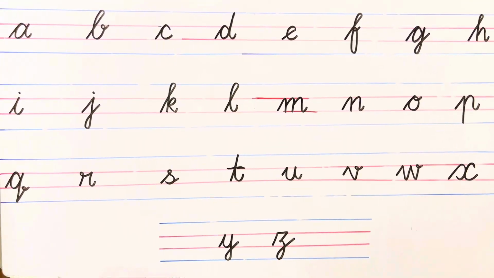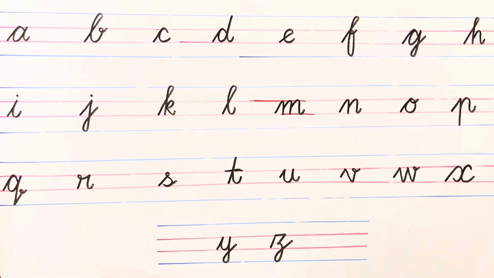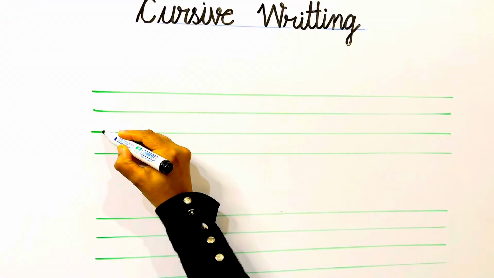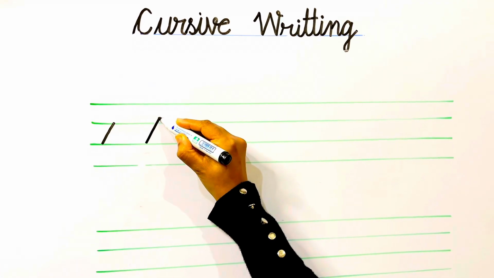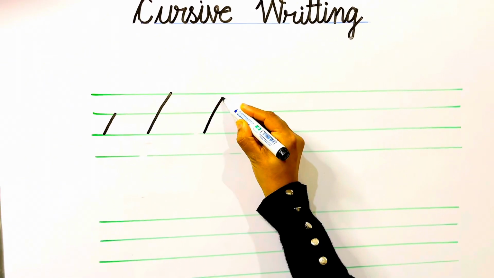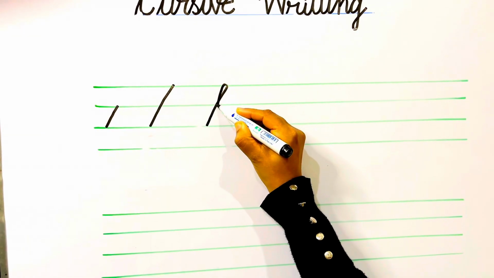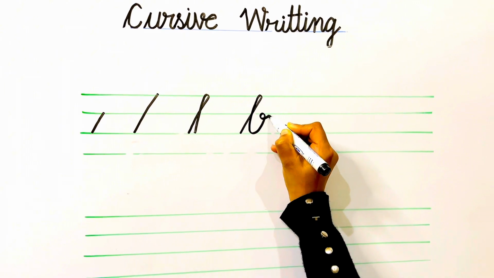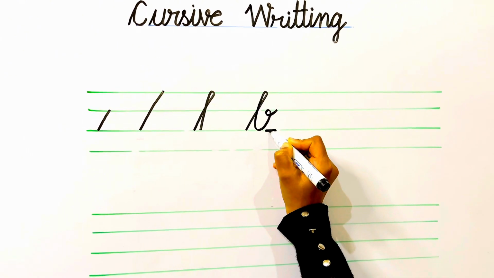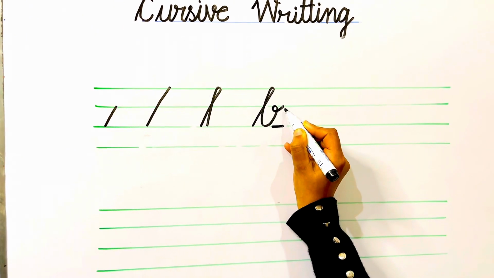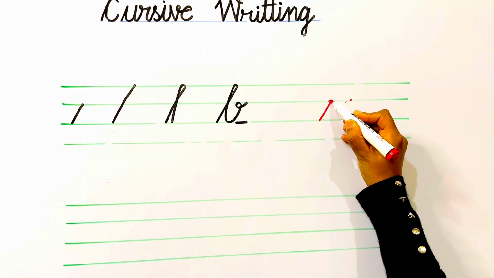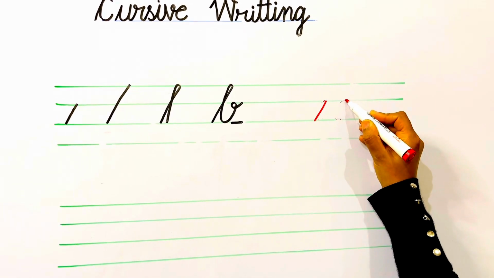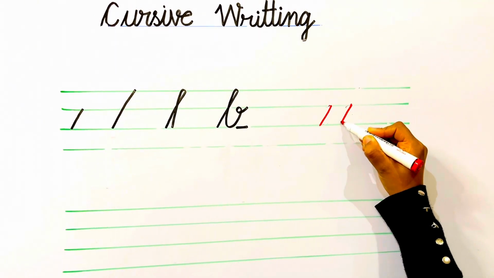First of all, we will learn the concept of lines, loops and curve. This is a grass slant line. This slant line touches the skyline. This is a slant line with a loop. This is a hook or connector that connects one word to the other. In cursive, we draw the slant line from down to up. We do not draw slant line from upwards to downwards.